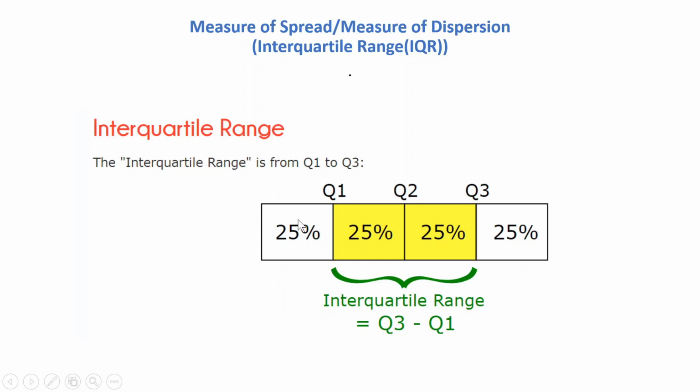One part is called a quartile, or we can say the 25th percentile. This is the first part, the 25th percentile. If we calculate from this portion to this portion, this would be your 50th percentile, and from the start to this point, this would be your 75th percentile, and from this to this, your 100th percentile. So we need to first understand the percentile. You can follow my percentile and quartile video. I will mention the YouTube link in the description box.